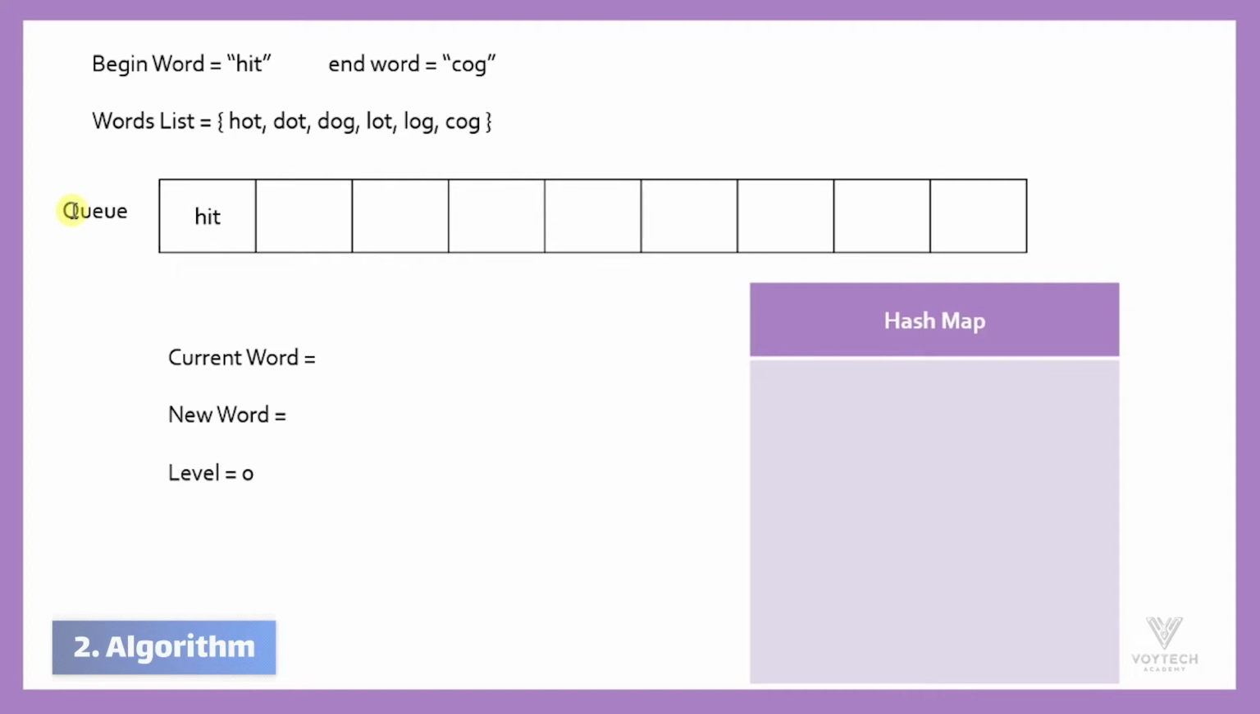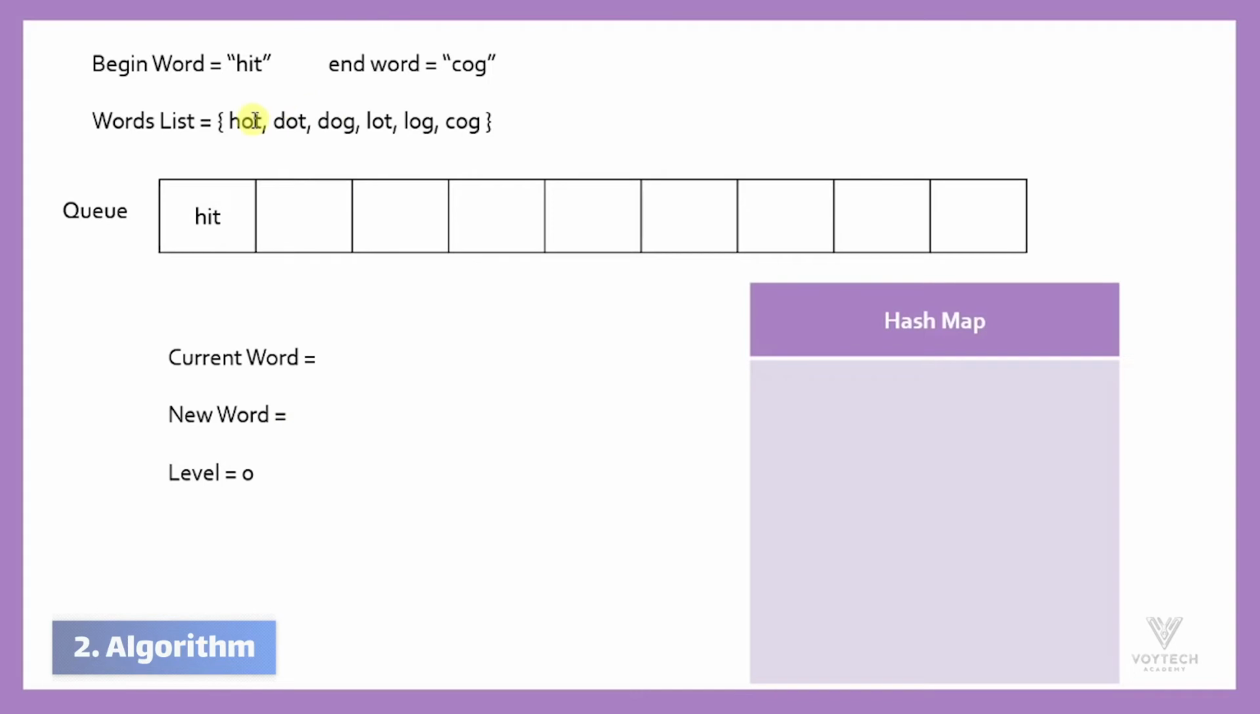That's the data structure we use in BFS. So in each level, we're going to push the current words into the queue. And after we're done traversing that level, we're going to pop them out of the queue and move on to the next level. Now we have a current word, and then we have a new word, which is the possible combinations that are extracted by changing each letter of the word,